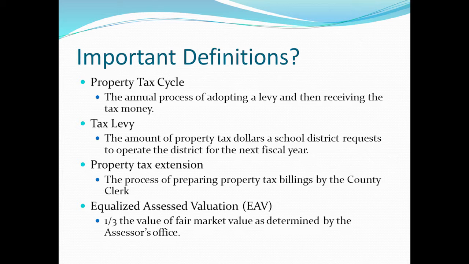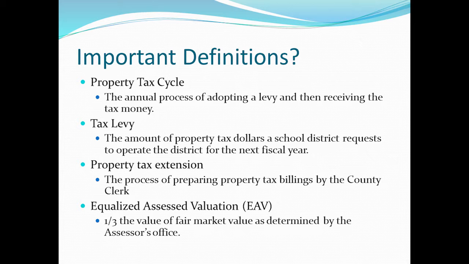First of all, I want to go through some important definitions so that we're all on the same page as we go through the presentation. The property tax cycle is the annual process of adopting a levy and then receiving the tax money. The tax levy is the amount of property dollars a school district requests to operate the district for the next fiscal year. So the levy that we just adopted last night is the money that will operate the district for